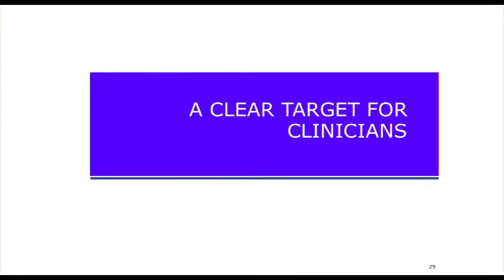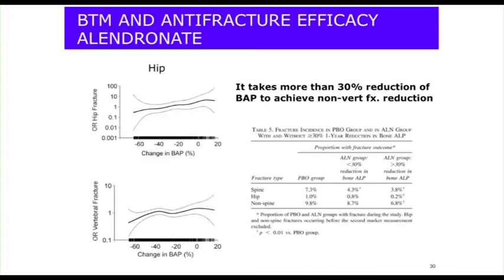Is there a clear target for clinicians? Yes, I think there is. We know from 2 studies now that you want good suppression of bone markers in the range of 60 to 70%. And this is, for example, highlighted here in the study with alendronate, where they looked at bone-specific alkaline phosphatase